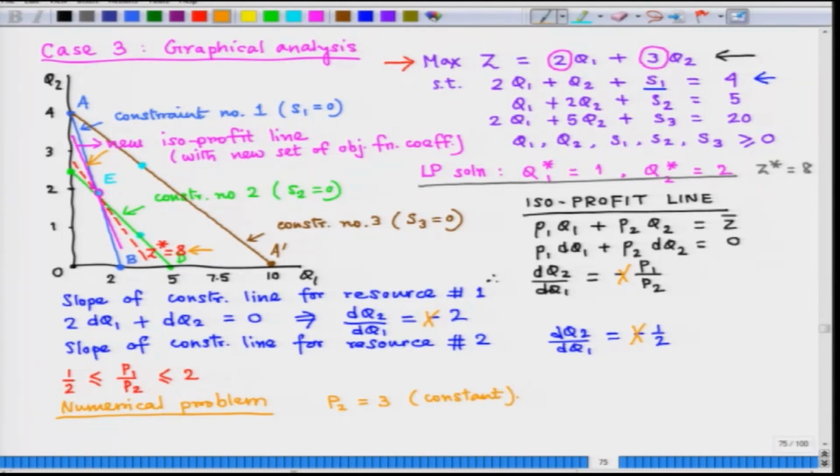So, only P1 is going to change. A question can be asked that how far P1 can change. So, we can write